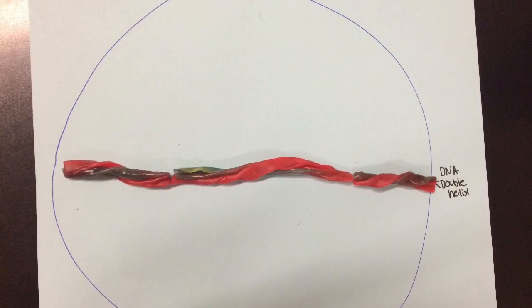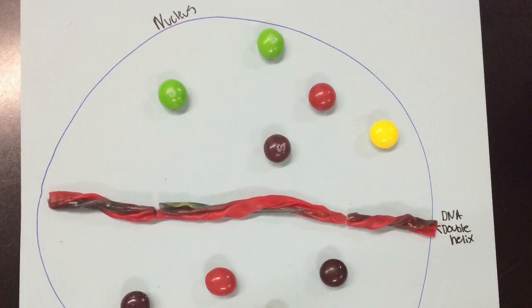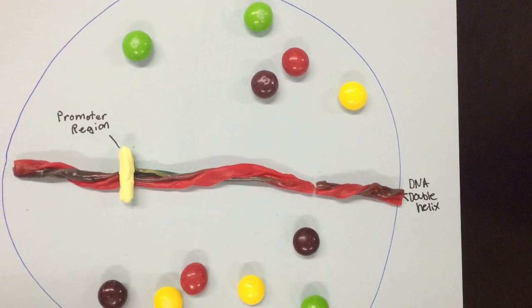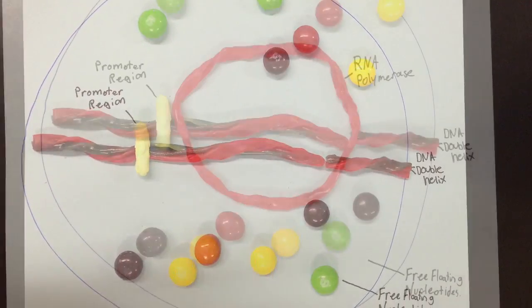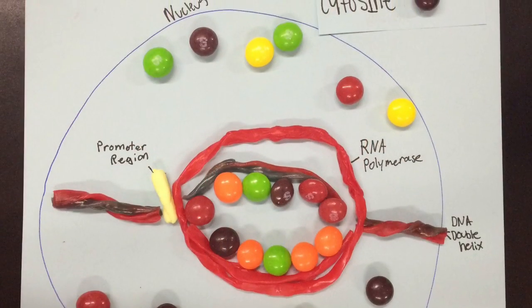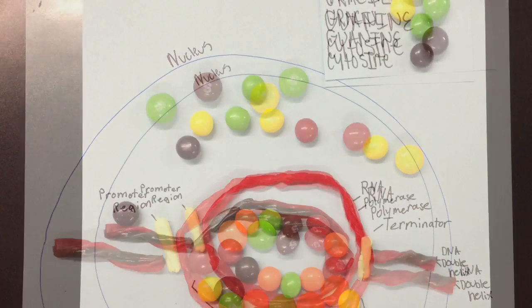In the initiation phase, the DNA is inside the nucleus along with different mRNA nucleotides floating around. Then, an enzyme called RNA polymerase attaches to the promoter region and begins the transcription process. Inside the RNA polymerase, the DNA is unzipped and the RNA nucleotides slide along the template strand to create the